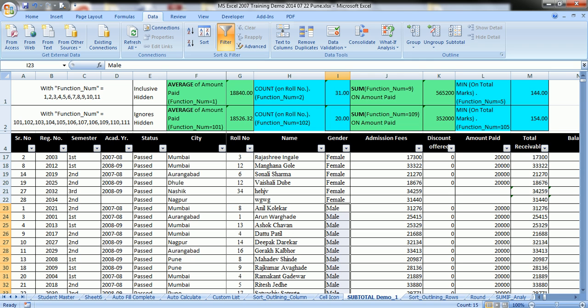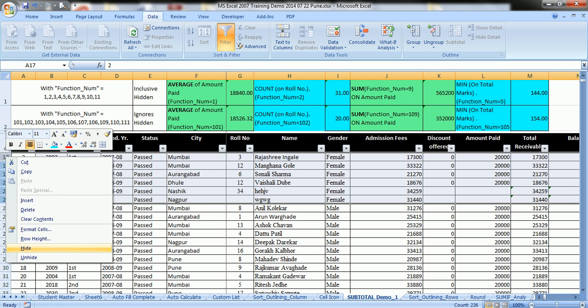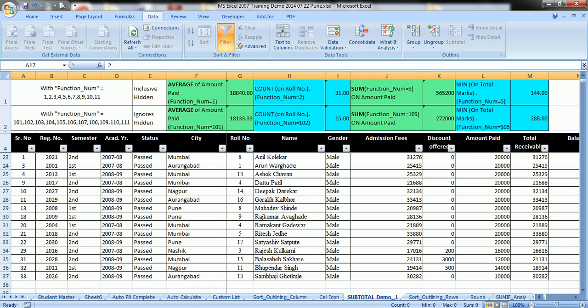I want to have the amount paid by male students. So hide the female students, all in one group. Since it is sorted by gender, select it, hide it. Now here you will understand the impact of hiding the cells. Now you have all male students in front of you in your data. Female students are hidden.